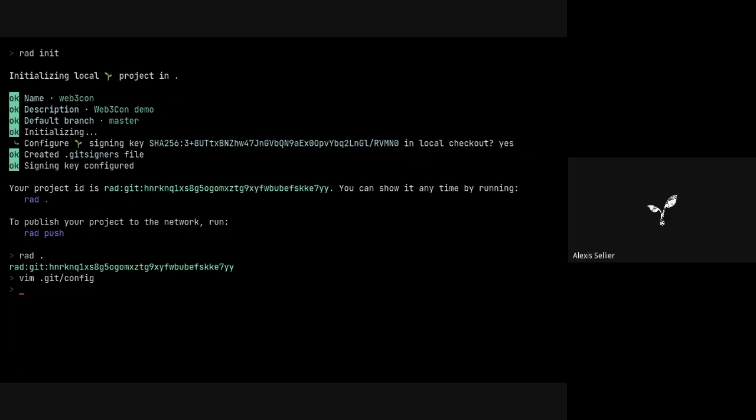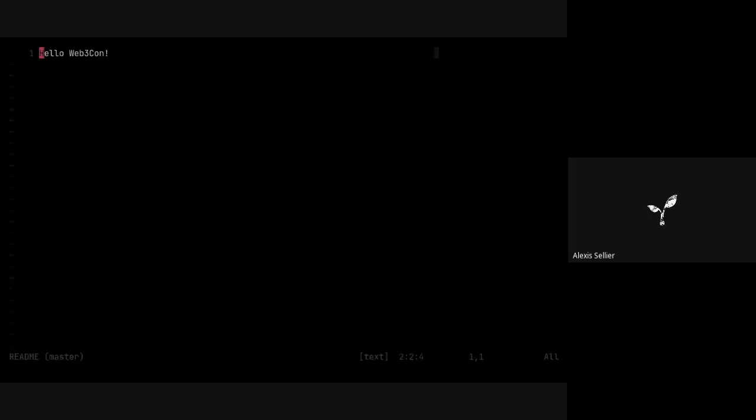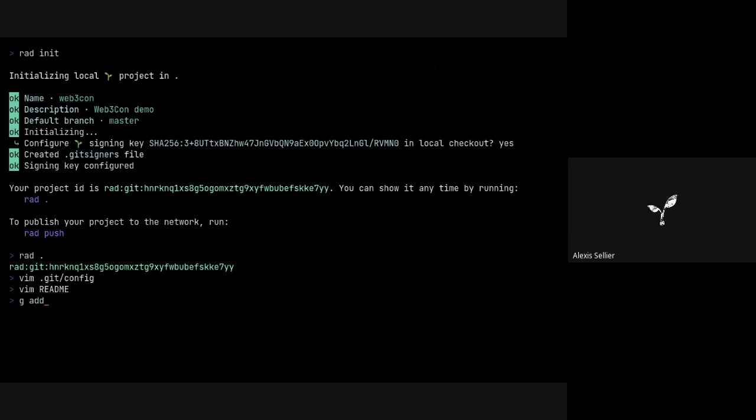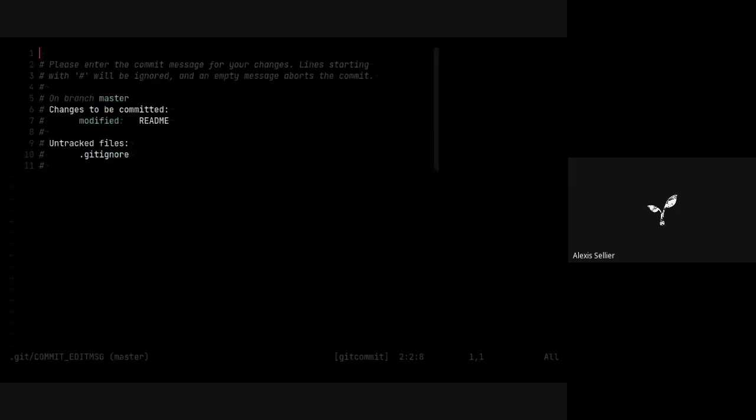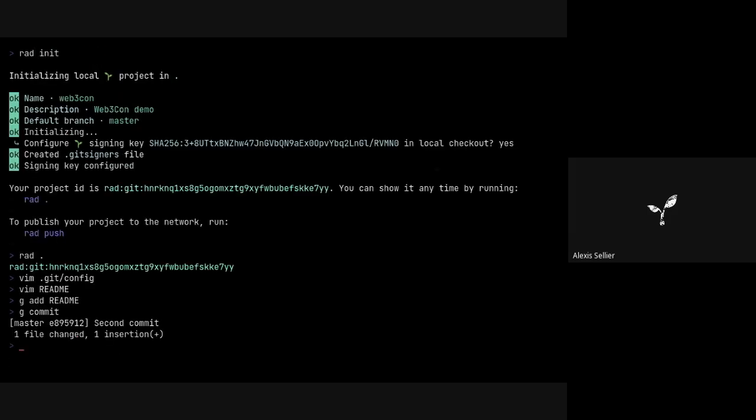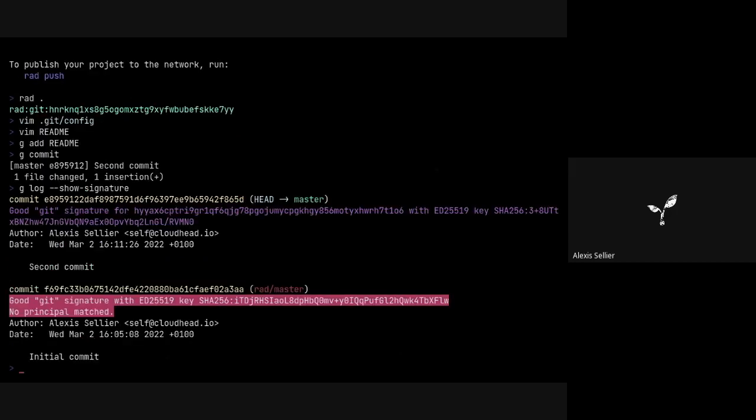Let's give this a try, actually. So I'm going to edit the README, and I'll just duplicate this and I will commit. I can commit, and now I'm going to git log with show signatures, and you'll see that the original commit I did was with my sort of default key on this machine. It's a good signature, but it's red because it's not trusted. Whereas this second commit I did here,